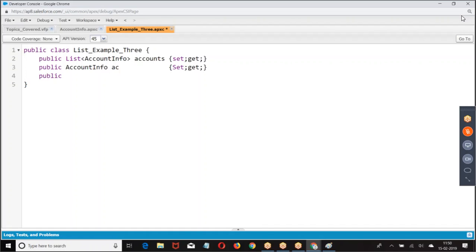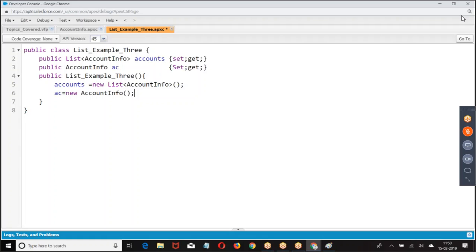Public. Try to understand the point, maybe slightly confusing, but try to understand this. Accounts equal to list of, then AC equal to new account info. This is a very common example we have done till now, right? Assign the memory for list, assign the memory for AC.